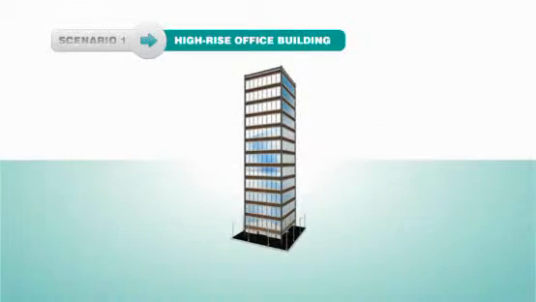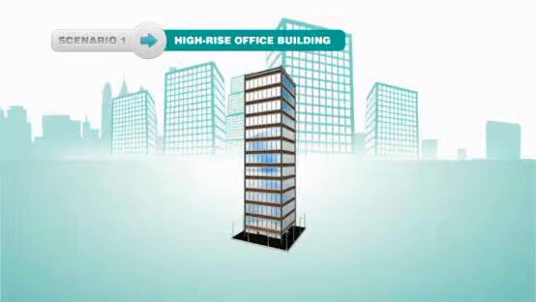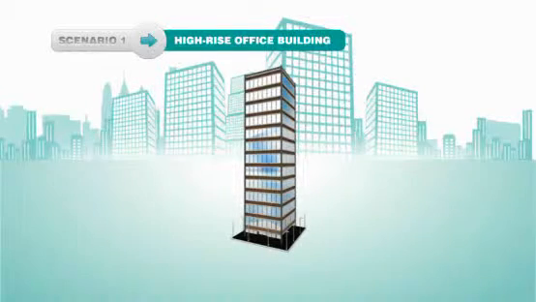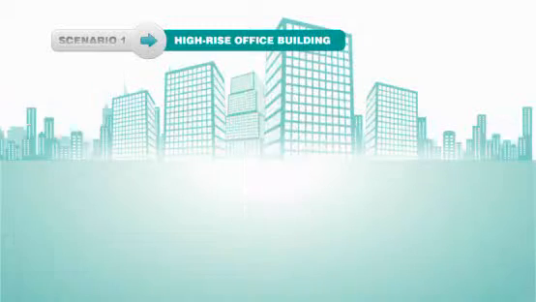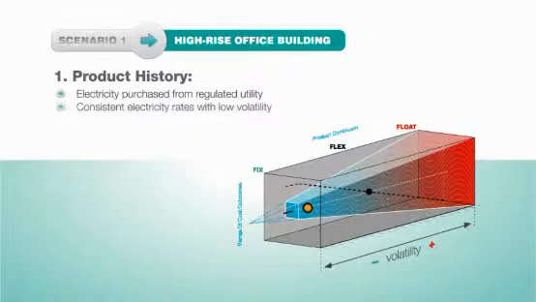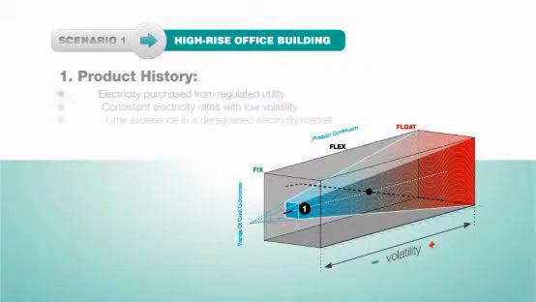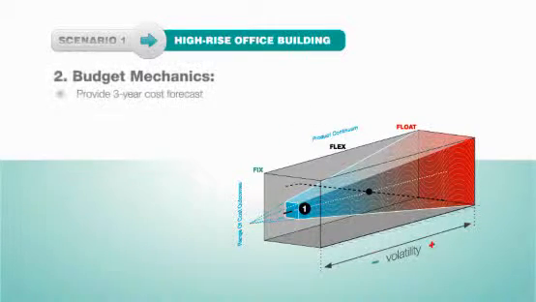First, consider a high-rise office building in downtown Philadelphia. The building is jointly owned by a pair of investment banks, which hold a portfolio of 23 premium office buildings across the United States. Historically, electricity was purchased from the regulated utility at a tariff rate that changed periodically, but was relatively stable. However, rate caps are being removed, and the properties now have the opportunity to buy electricity on the open market. The property managers must provide a 3-year outlook of cost forecasts, but the budget is only set